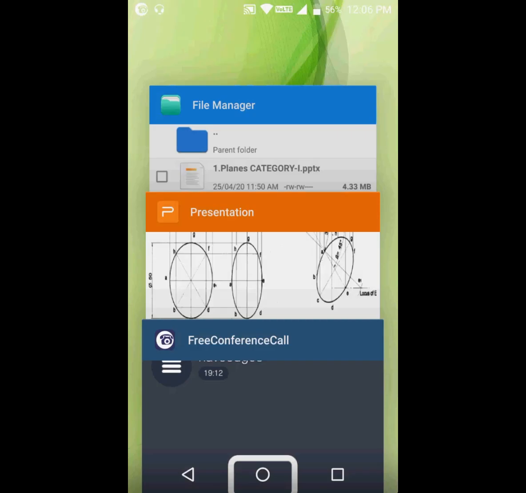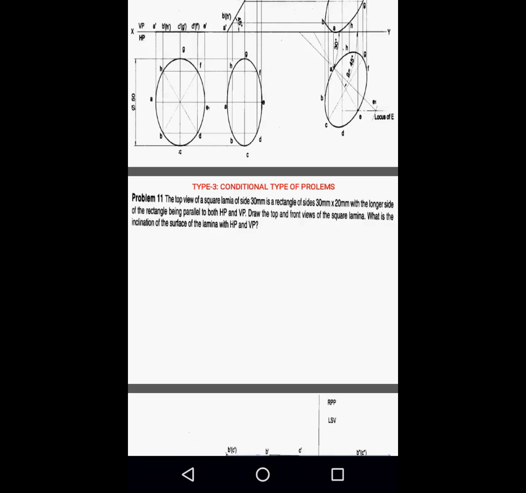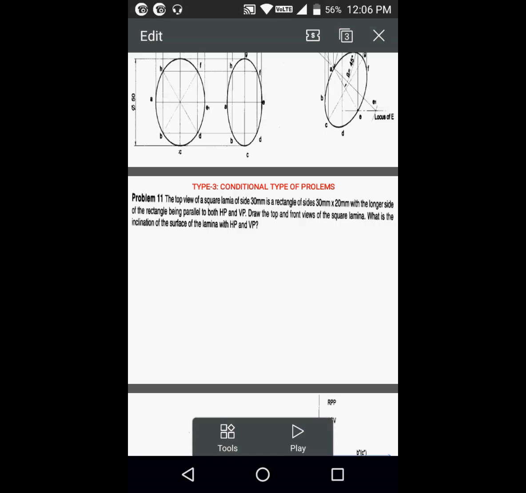So in today's class we'll try to learn lamina resting on HP with certain conditions given. So far in type 1 and type 2, in type 1 you have come across lamina resting on HP, either edge resting or corner resting, and usually two types of angles, HP angle and VP angle, were given to you with reference to the surface of the lamina and with reference to the resting side